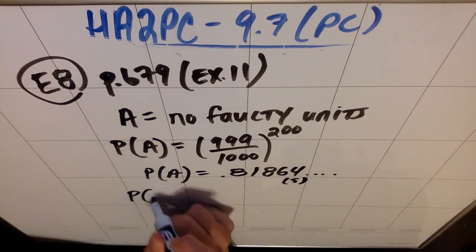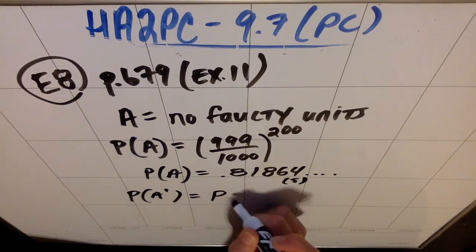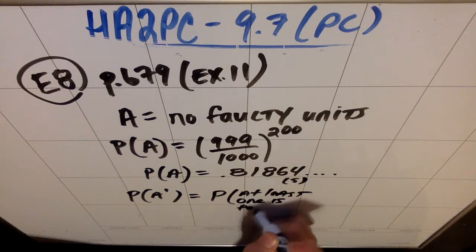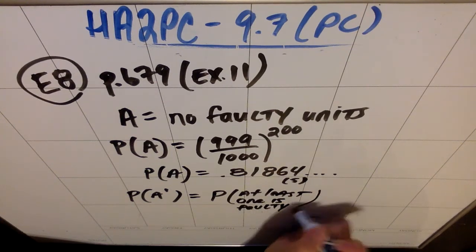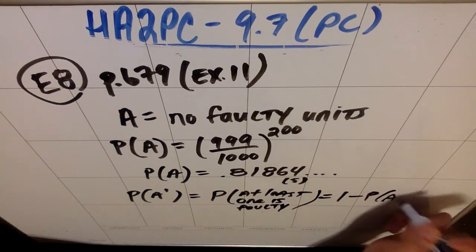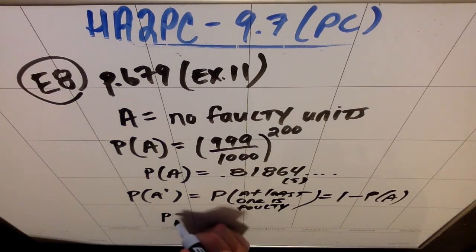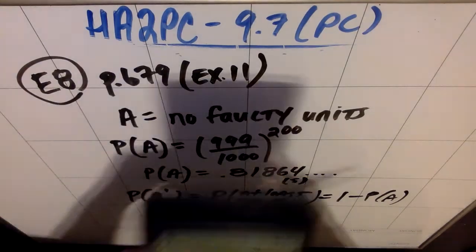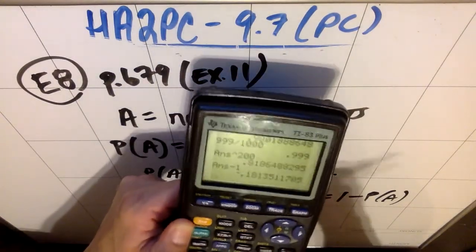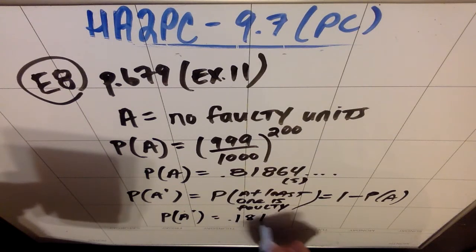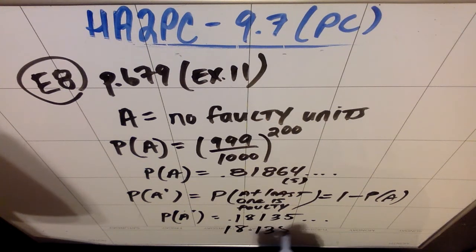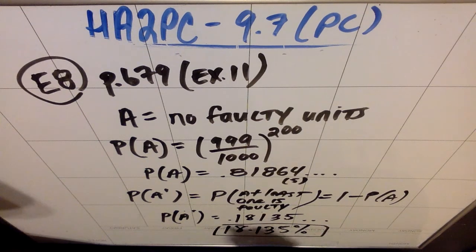So what that means is the probability of A prime, which would mean the same as saying the probability that at least 1 is faulty, would be 1 minus the probability that none of them are faulty. So the probability that at least 1 is faulty is going to be 1 minus this number. Now I'm lazy, so instead of doing that, I'm just going to do minus 1, and then I'll change the sign. So it's 0.18135, etc. So I would say 18.135%. Okay, so that's the probability that at least one of the units is